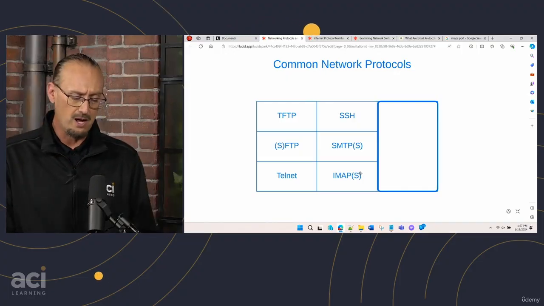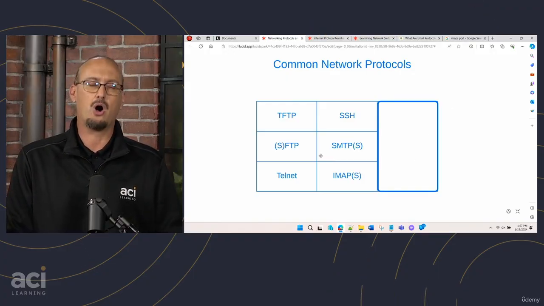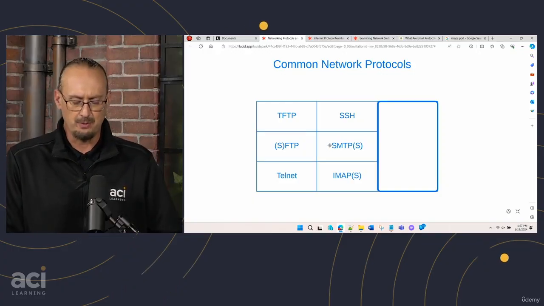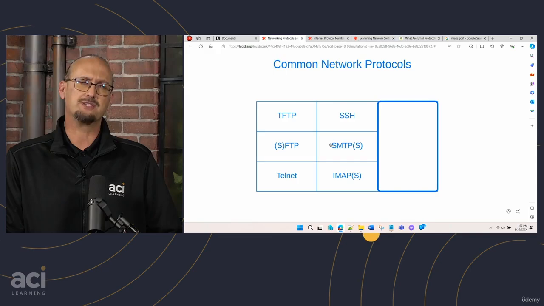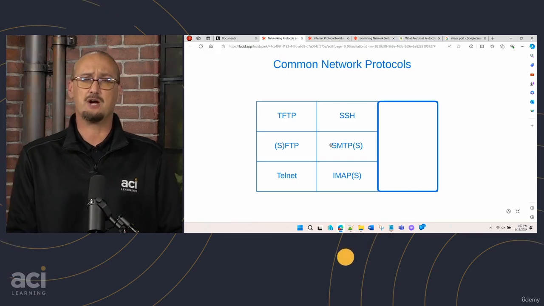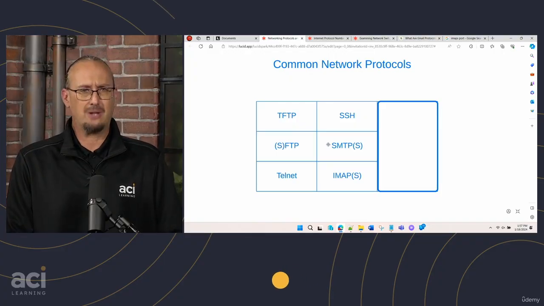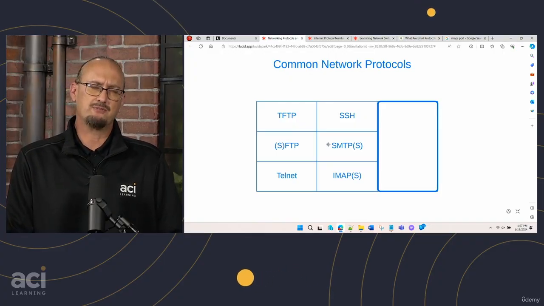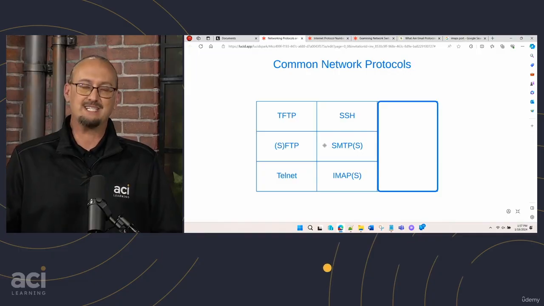Now we've got some other protocols here that I want to talk about. These last two in this column are some of your email protocols. The oldest one here is the Simple Mail Transfer Protocol, and that is for forwarding email. The direction of these protocols is going to be important, especially in an exam environment, but definitely in a support environment too. You have to make sure that you are using the right protocol. So SMTP goes over port 25. SMTPS, remember we're encrypting SMTP with TLS, is going to be port 587.